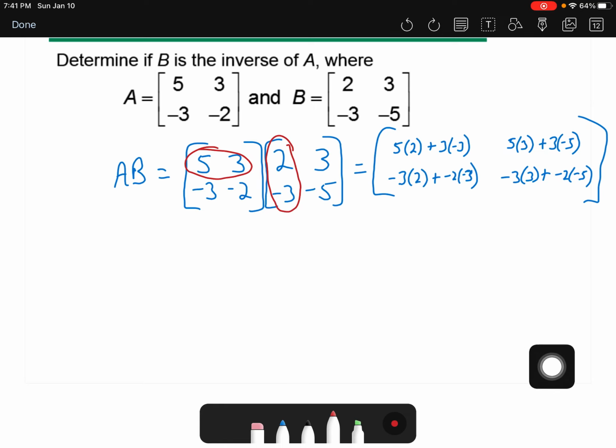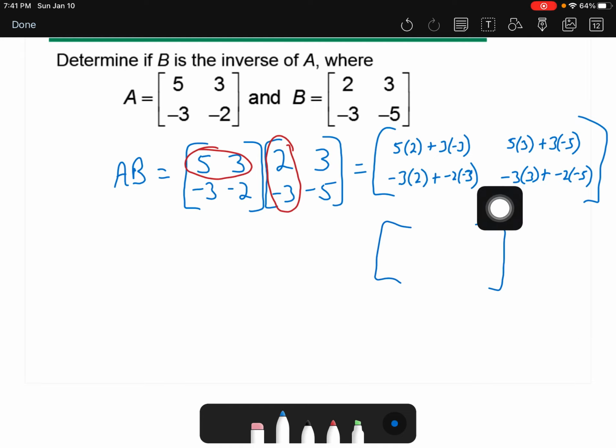And if I do the math on this, this is going to be 10 plus negative 9, so that's 1. Over here, 15 plus negative 15, 0. Negative 6 plus positive 6, 0. And negative 9 plus positive 10 is positive 1. So we see we do get the identity matrix, this 1, 0, 0, 1, and so therefore, yes,